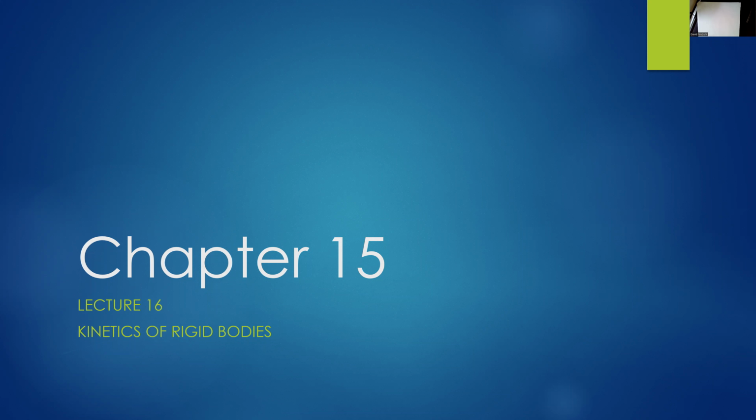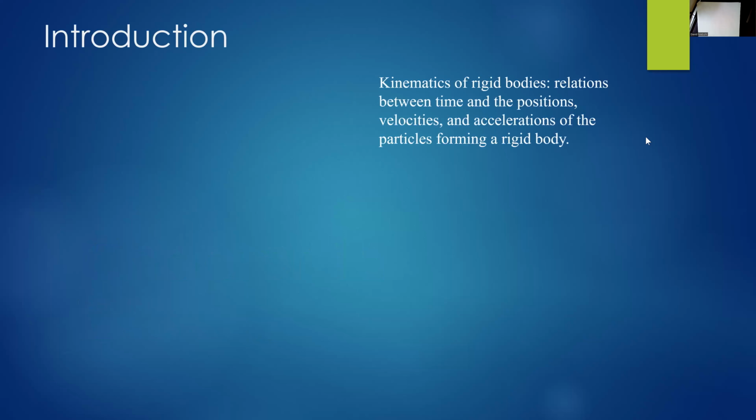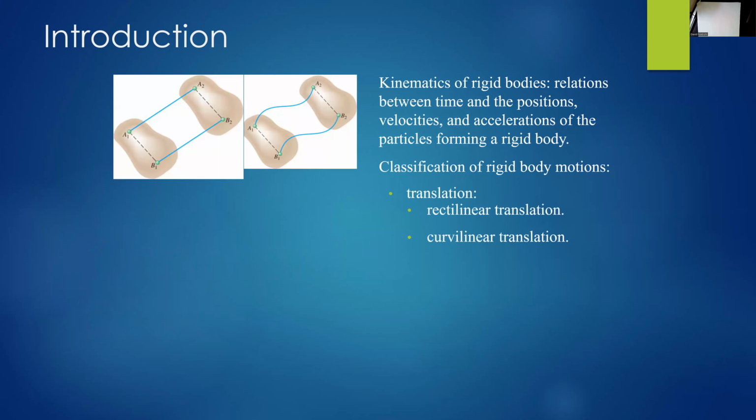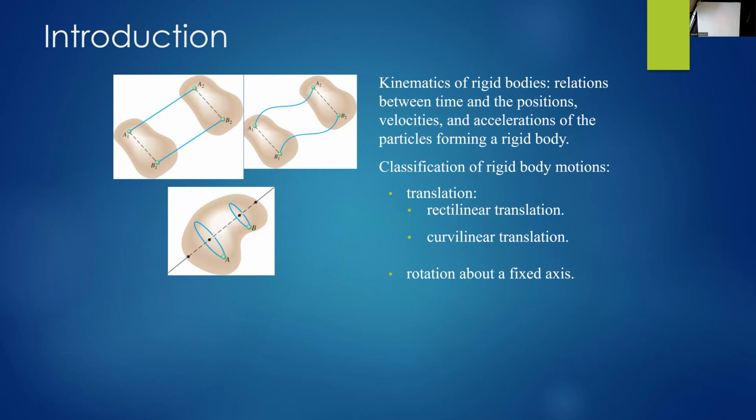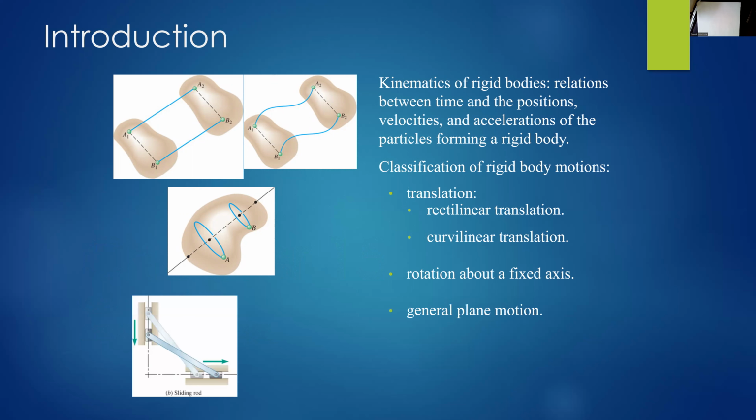So I do want you to read the beginning of chapter 15, 15.1, 15.2, because it does explain the idea of rigid bodies and how they're different from particles. For one, now we have to look at the thing as every particle moving at the same rate that every other particle is. So what I mean by that is, if you look at my screen currently, you'll see that in the